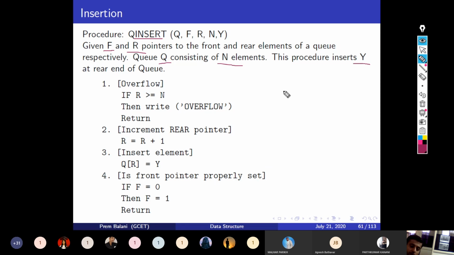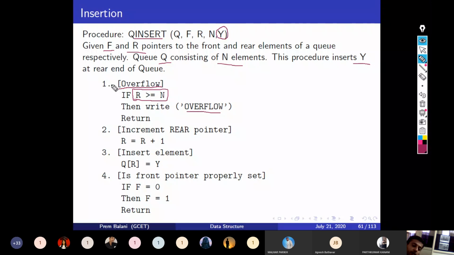In this algorithm, the first thing we need to check is whether the queue is full or not. Is there any room to add this new element y? If not, then we should report overflow. But how do we check whether the queue overflows? If the rear pointer is greater than or equal to n, that means the queue is full, and you cannot add any more elements.